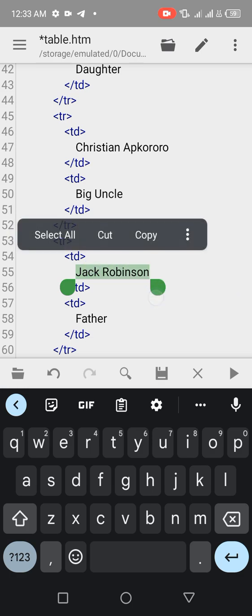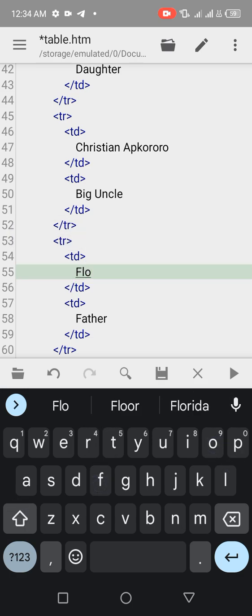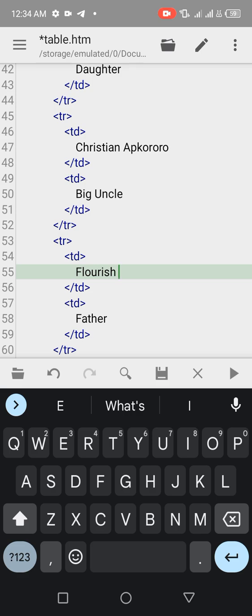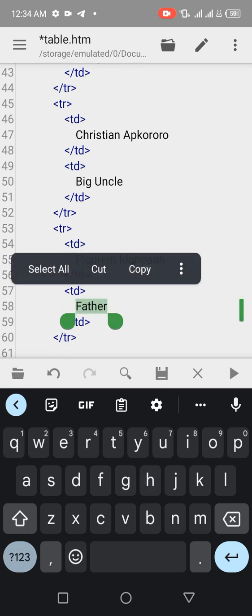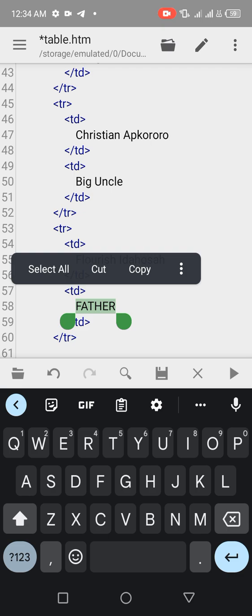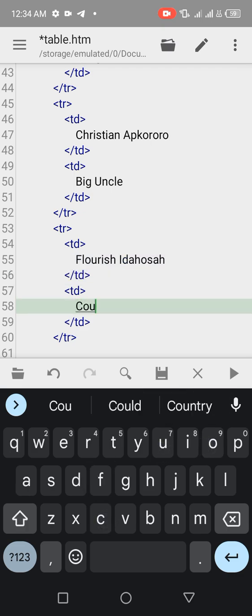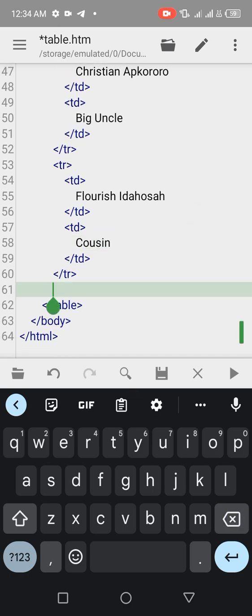We'll call him Flourish. Okay, Flourish. What will I call it now? Flourish Idahosa. Okay, Idahosa. I hope I got the spelling right. For those who have that language, I think it's an Edo name. We'll call him cousin. Okay, we'll call him cousin. All right. Then the last one,